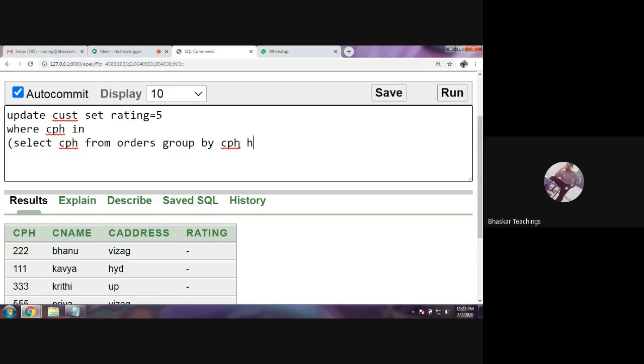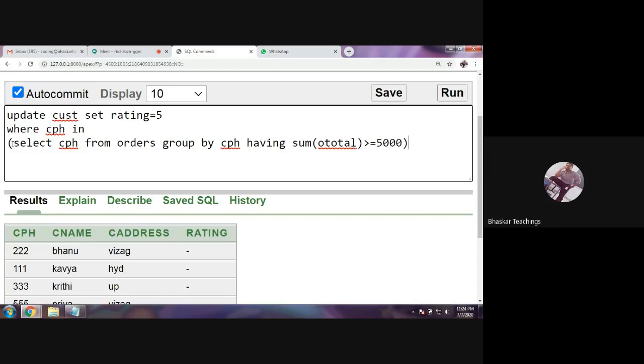And for whom do I want to give this rating? For the customers with the total greater than 5,000. Therefore, CPH having sum of O total greater than or equal to 5,000. Yes, this is my inner query.